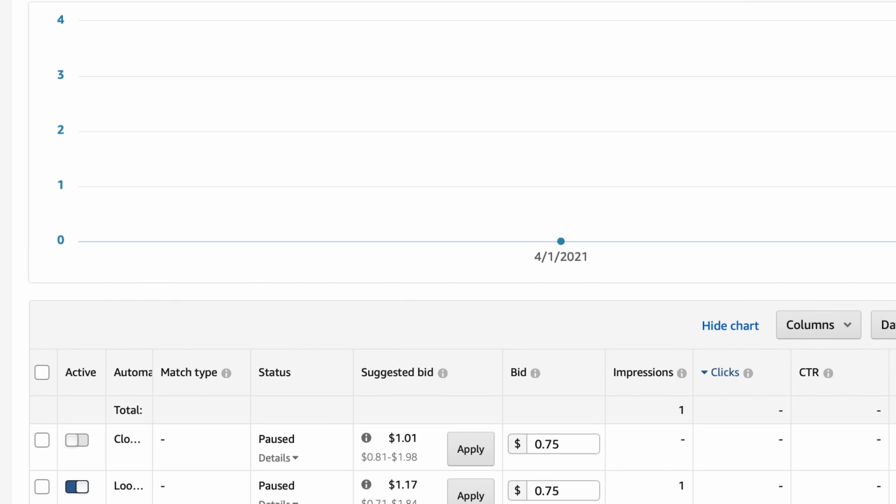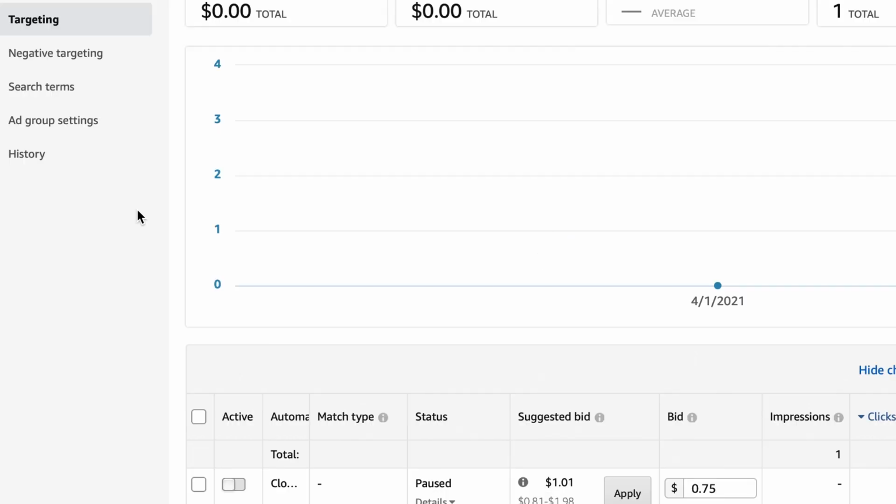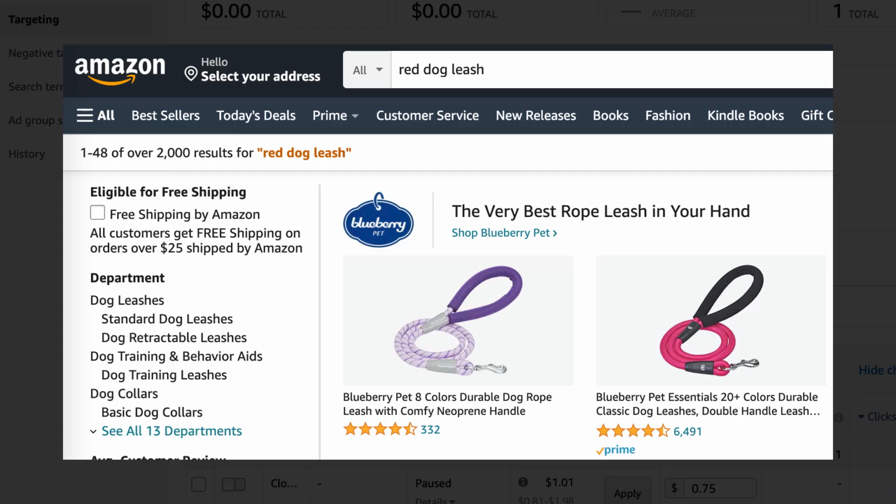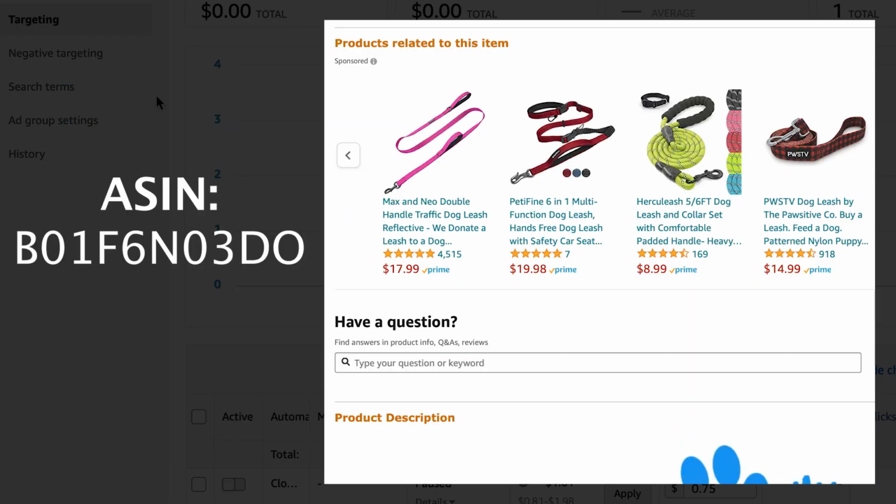And I mentioned this earlier in the video that before we wrap up, I wanted to cover something that's very important for auto campaigns, and that is maintaining your negative keyword list. This will prevent you wasting ad spend on keywords and product targeting that aren't relevant to your product and aren't resulting in sales. The way you do this is by keeping a close eye on your search terms. Now, when doing auto targeting, your search terms could be keywords, like keyword phrases the shopper types in, or it could be ASINs, that's product targeting. That means your ad is showing up on that product page.